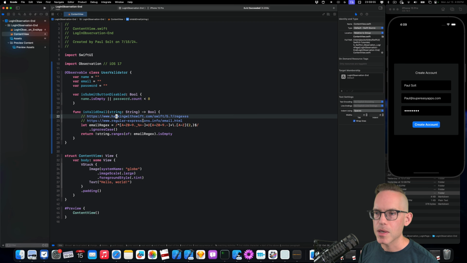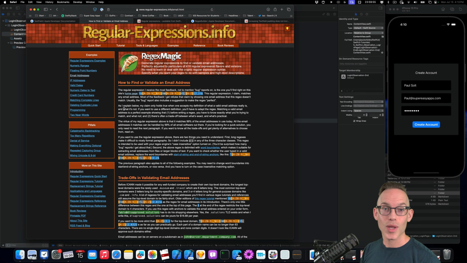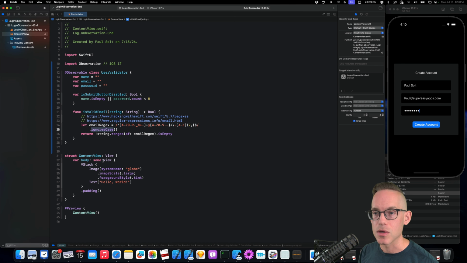And so I copied a regular expression from this link, which is all about regular expressions. And there's a whole lot of depth that you can go into for email validation. You can get really gnarly on how valid your syntax is. So this is just a very simple validation, and I'm actually doing it so that it's ignoring case, which is